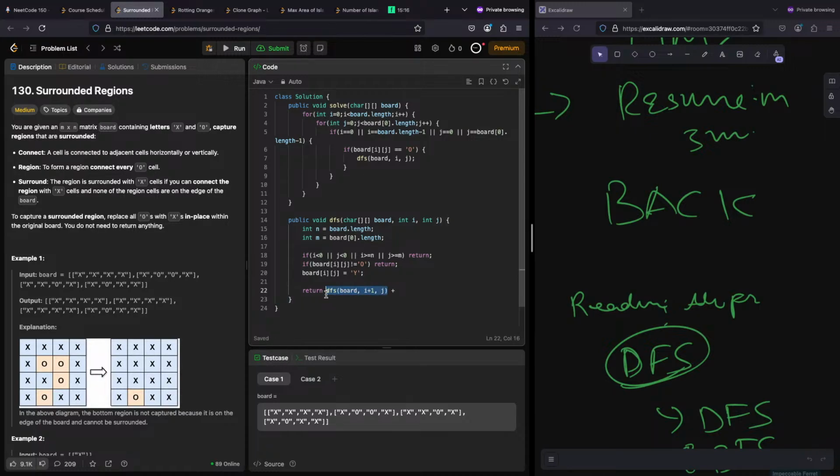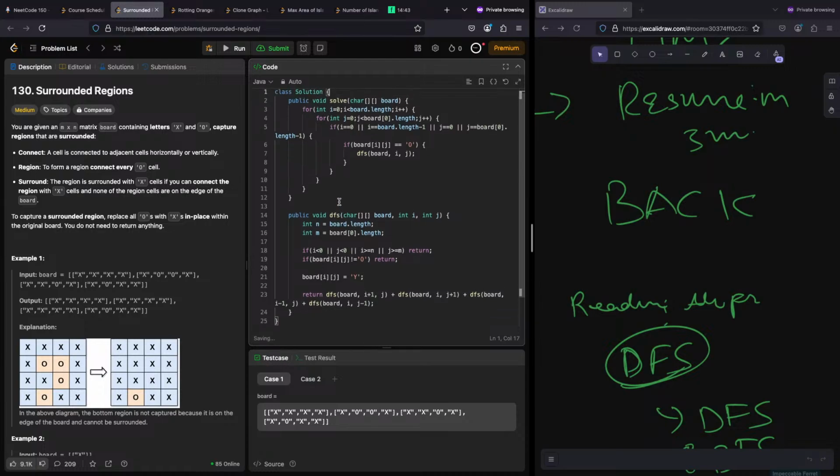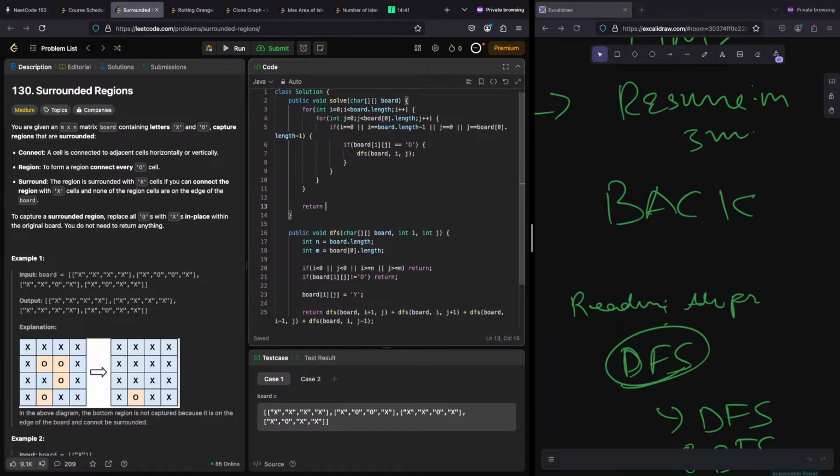So there is a different way of doing this as well, but I think this is okay, this is kind of readable also. j plus 1, and i minus 1, j minus 1, right? And once you have done this, basically return, and then public